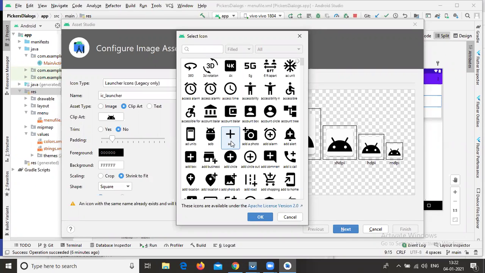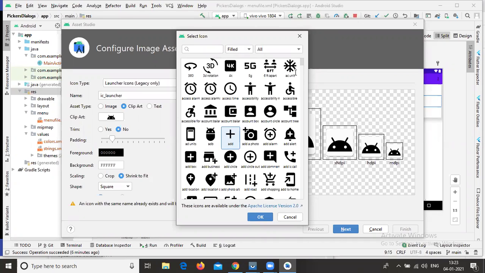In our items, we didn't use any title like add, but it is in testing mode, so you can choose any icon, it is not a problem. In real-time use, in case you want to publish your project to the Play Store, you should use relevant icons. Call icon for calls, message icon for messages, camera icon for camera. But for testing purposes, you can use any icons, it is not a matter.